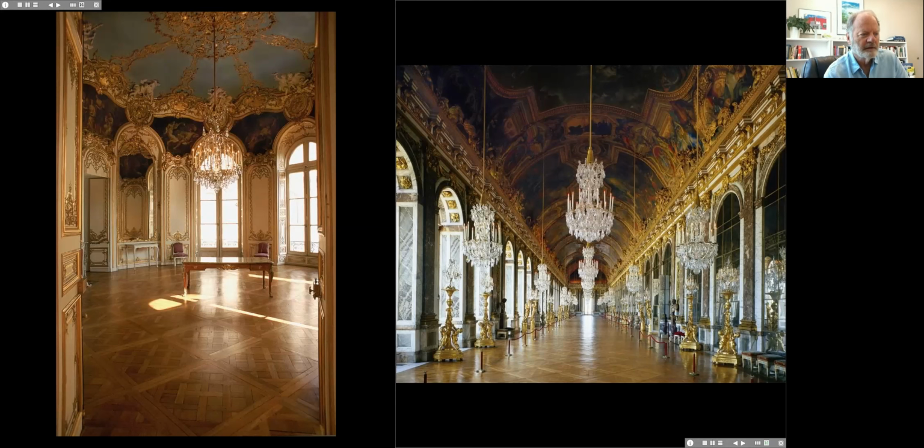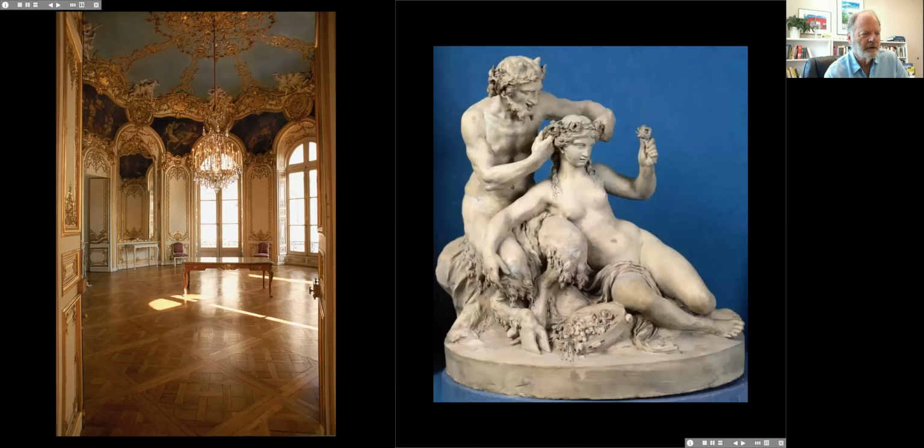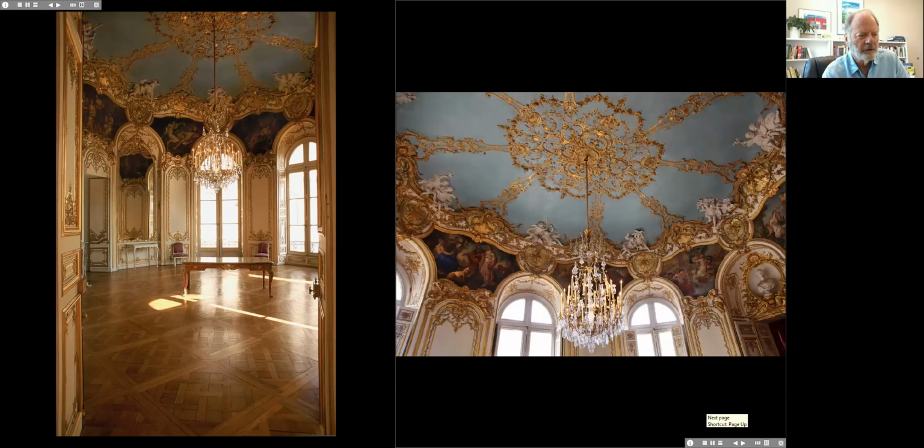If we back up here now, you can see the ceiling of the Room of the Princess in the Hotel Soubise in Paris. The paintings in the curve between wall and ceiling, and the abundant gilt decoration. This is really a design that integrates the visual arts. Of course, architecture is the primary art employed here, but it is elaborated, is ornamented with both painted and sculpted decoration, so that all three of the arts are merged into a kind of unified whole.